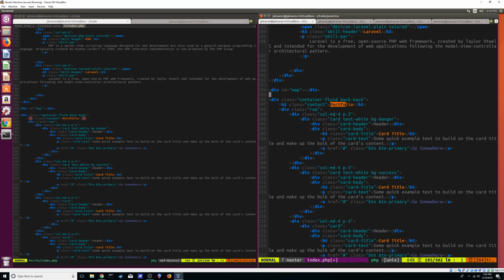So I'm gonna do column medium 4. That way I can do 3 different sections per row, and then if I have more, they're just gonna cascade down to the next row. And then here the P3, that's actually for padding, and that